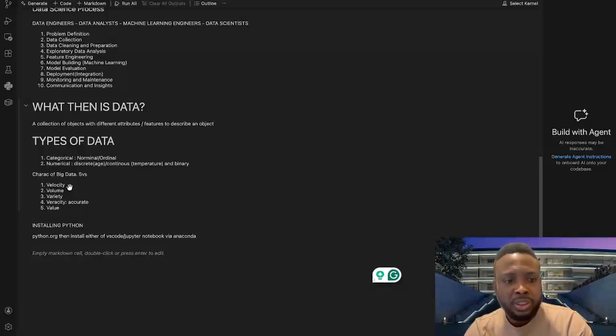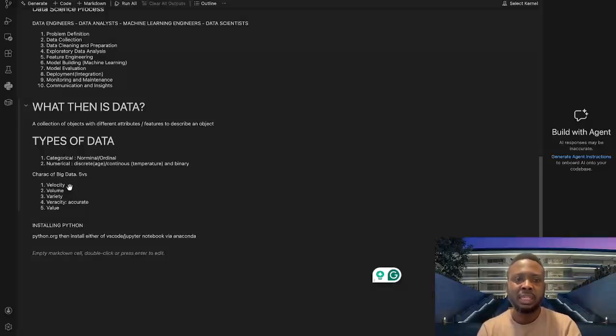Now the velocity simply means how quick the data comes. Is it in real time? Is it being saved in a database and then later accessed? For instance, data gotten from a bank is real time. As the customers are depositing the money, the system is recording it immediately. As you are withdrawing the money, the system is recording it immediately. So they are real-time data. So the velocity simply talks about the speed at which the data is being gotten,